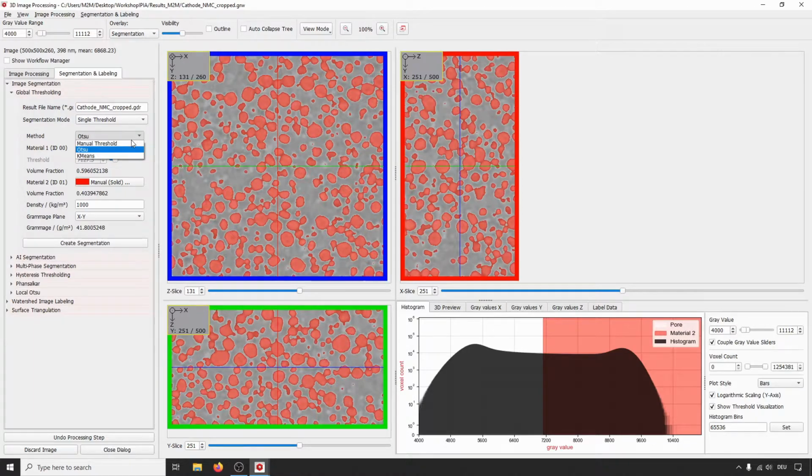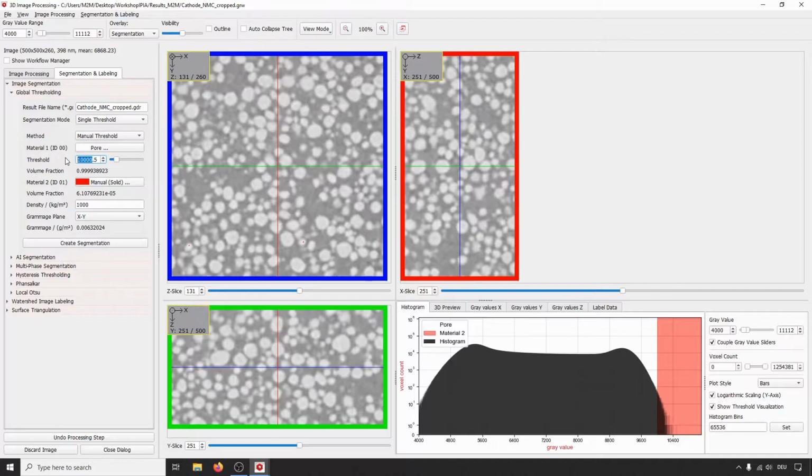For example, you can select a manual threshold or a k-means threshold. For example, I just show you the manual threshold, the values that they can enter here. So select that one, and then you can change the threshold by yourself. So you can enter other values in here. So for example, we can put in a 10,000 in here and select what happens. So that's too high, so the whole structure